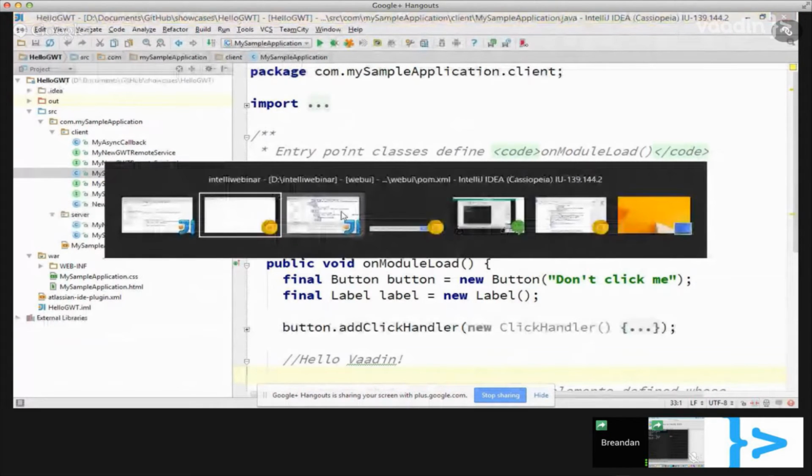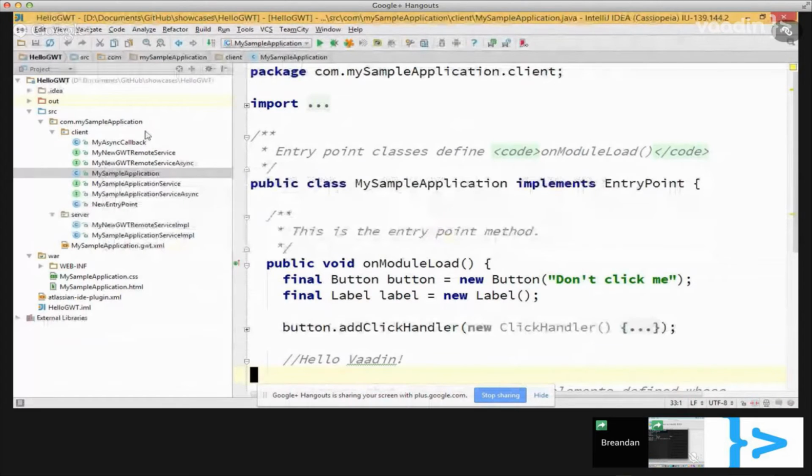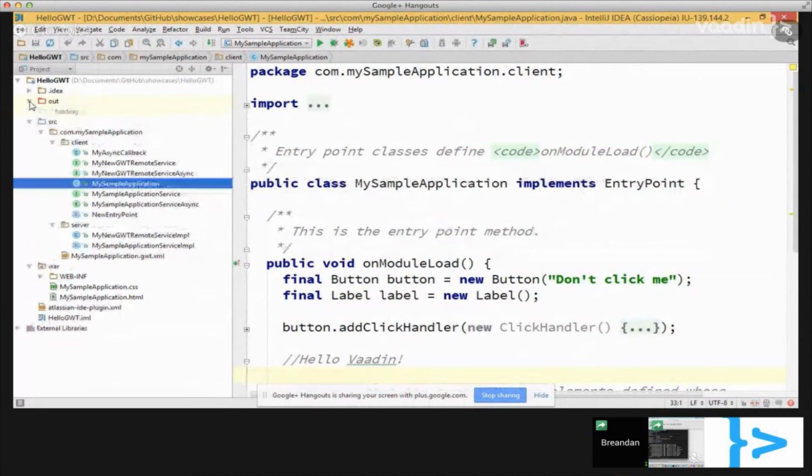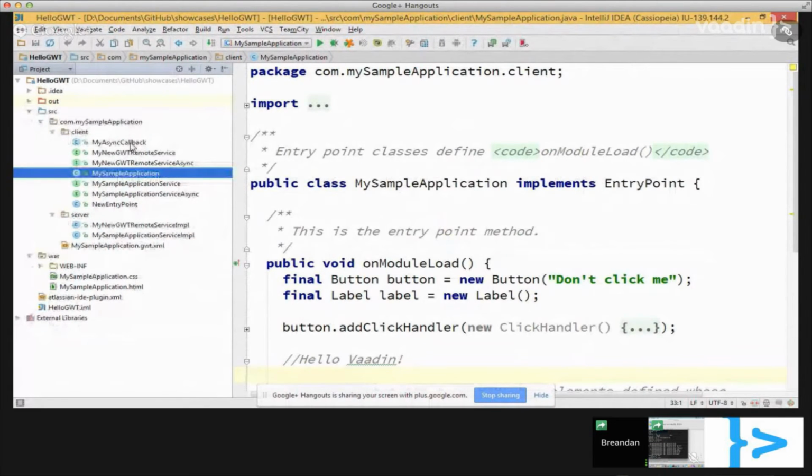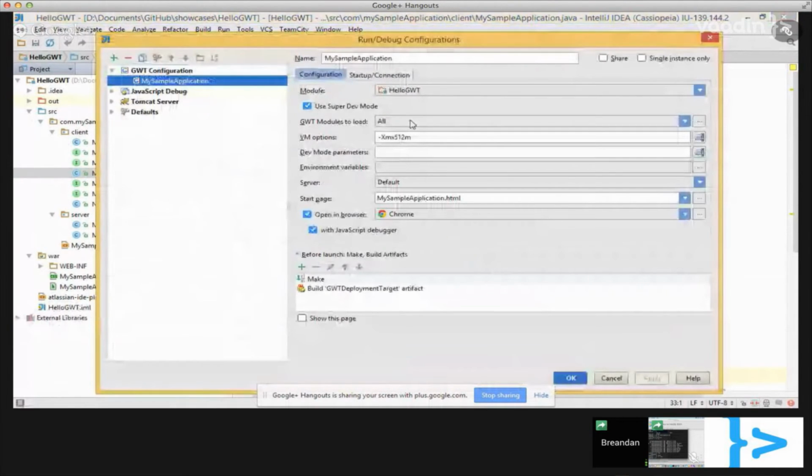Okay, so now we'll just show how to do this in your typical build process. How would you build and deploy a GWT app? I just have a short example here, and we've showed this a little bit before, but these are some new features that we're looking forward to releasing in IntelliJ IDEA 14, and these will affect your development lifecycle and make it a lot easier for you to develop